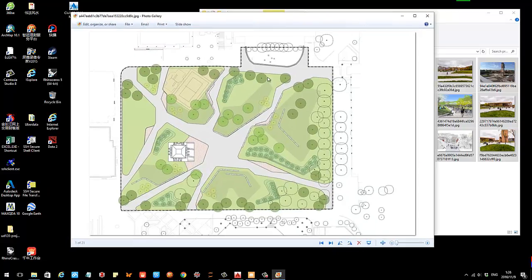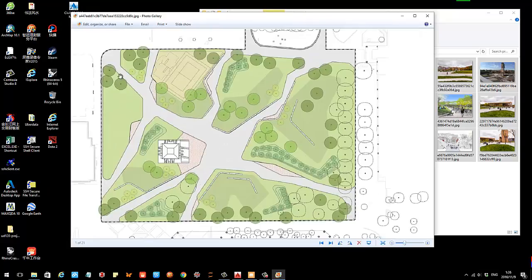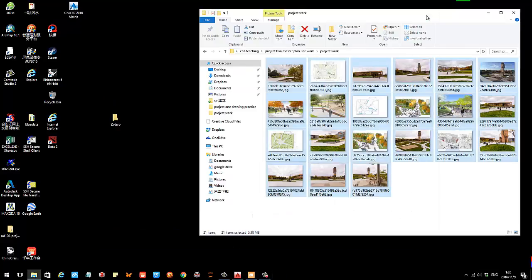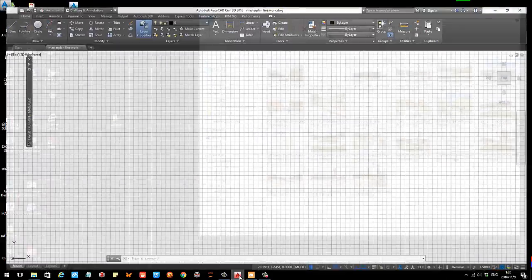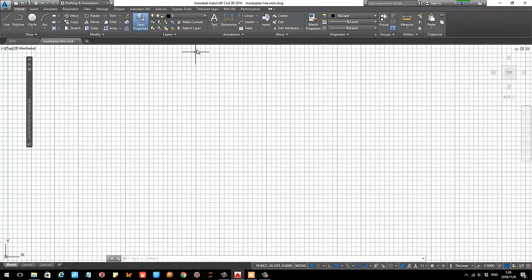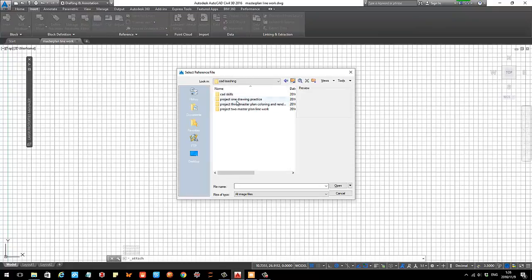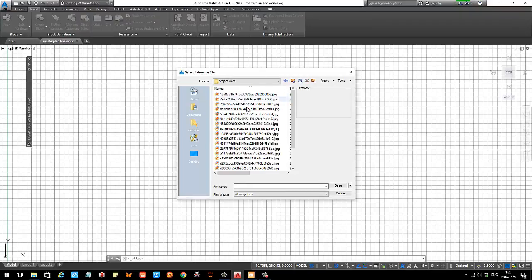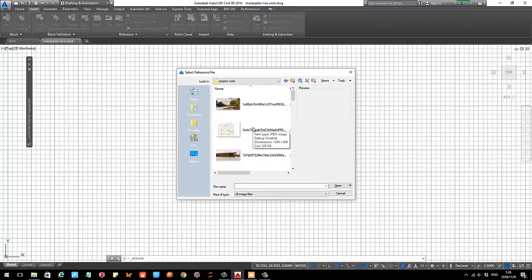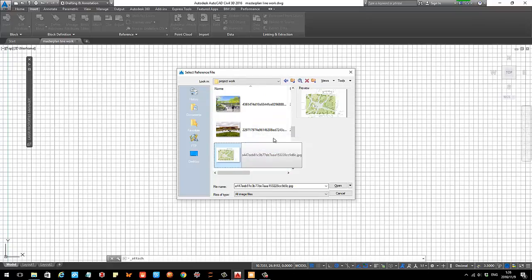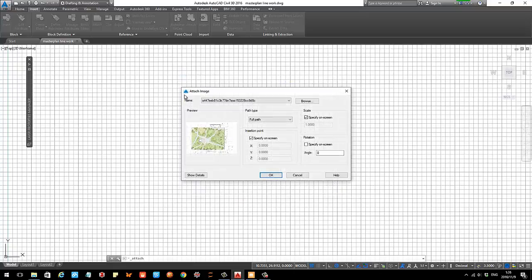So what we do for this project is to draw all these line works in AutoCAD so we can work with it in our later part. Before we start, we create a new file, and then you need to make sure you reference, you attach, and choose our master plan image. The image you will use for this case is this one. There is color in here, but all we need to worry about is lines. Just click open,